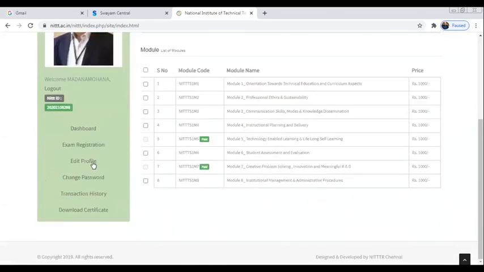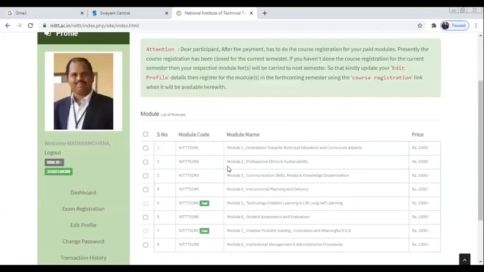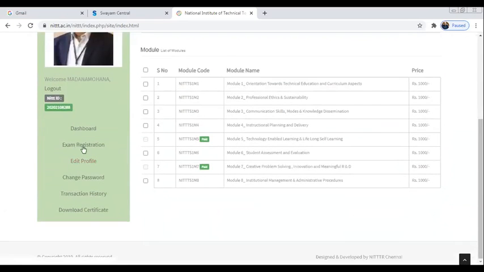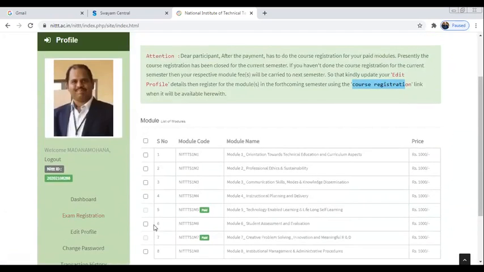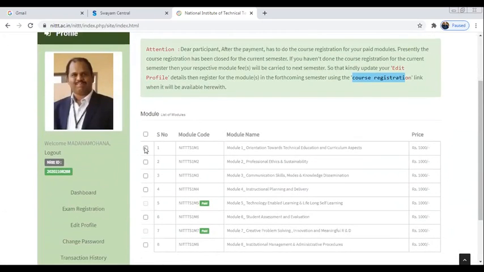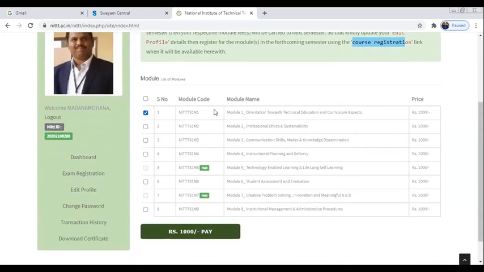After paying the fee, your course registration link is there. In this link that will be shown in the dashboard, you have to select whatever modules you paid for. Suppose I newly want to enroll in a module, suppose module 1 is not yet enrolled. Whatever modules, even all 8 if you want, you can enroll. Pay the fee, but the exam you can choose.